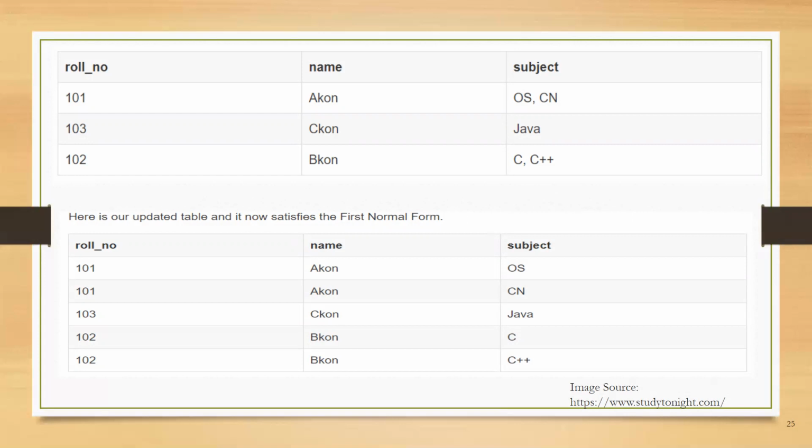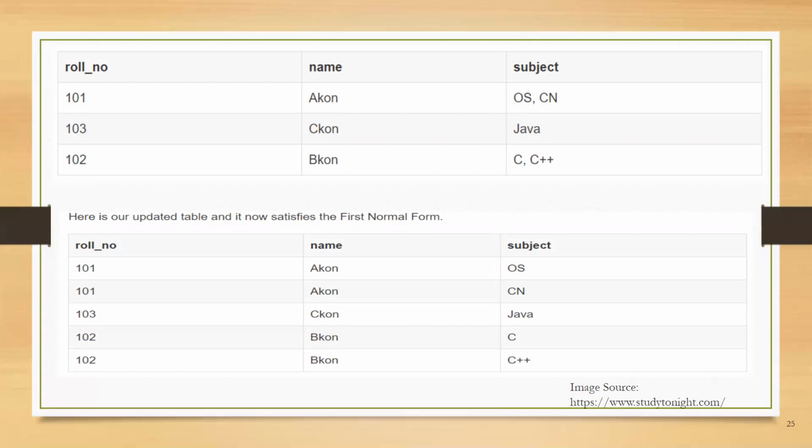So how to solve this problem? It's very simple, because all we have to do is break the values into atomic or single values. On your screen, you can see our updated table and how it has satisfied the first normal form. By doing so, although a few values are getting repeated, the values for the subject column are now atomic or single for each record or row.